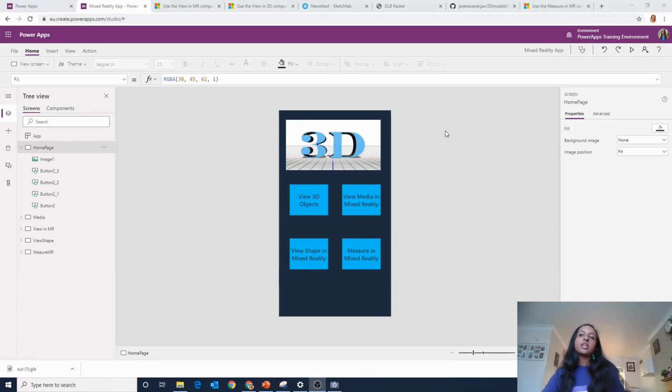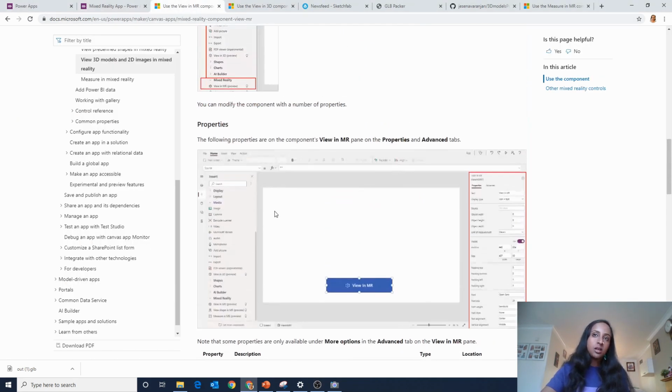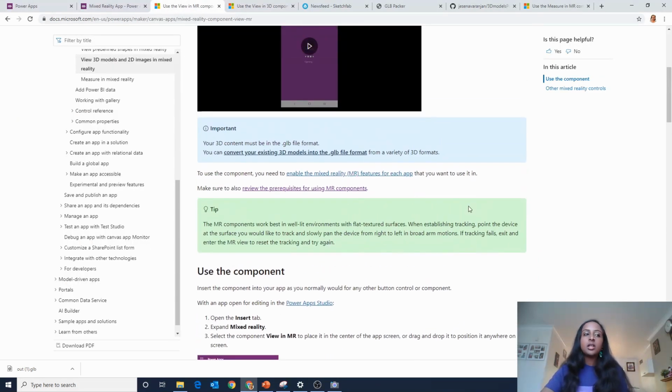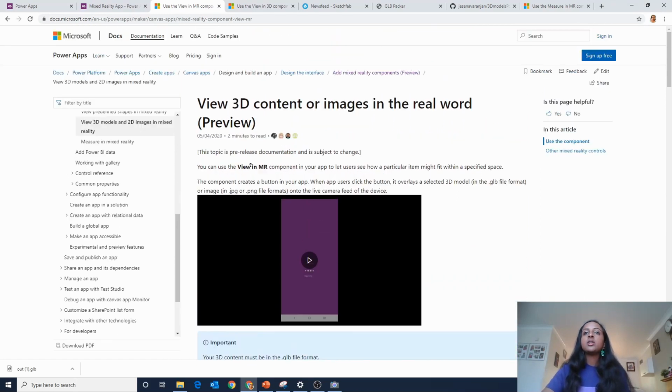Let's start thinking about what we can do to start creating this app within canvas mode. I'm just going to point at some of these articles here, as they have a lot of content that I'll be referring to, but of course we need some 3D models to start with before we can get into building our model. So we go into this